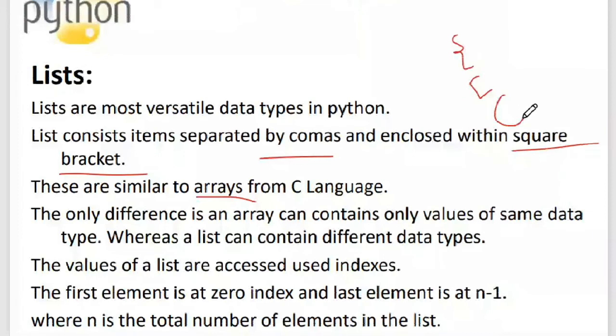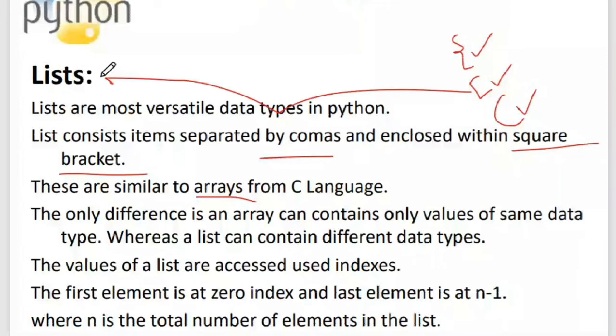Square brackets are used for lists, parentheses are used for tuples, and curly brackets are used for dictionaries, the key value pairs. So each and every bracket over here has a significance. The square bracket is associated with the list.